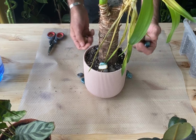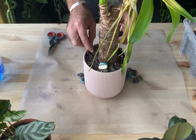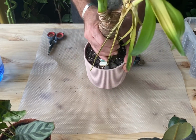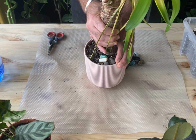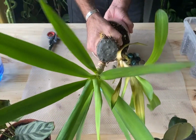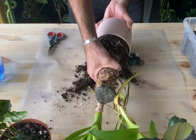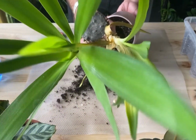I have had this pot from IKEA. It looked quite nice and beautiful, but unfortunately it doesn't have a drainage hole. So let me take it out. It's so hard and stuck. I need to be careful and gentle, so as not to harm the plant or the roots any further. Oh yeah,